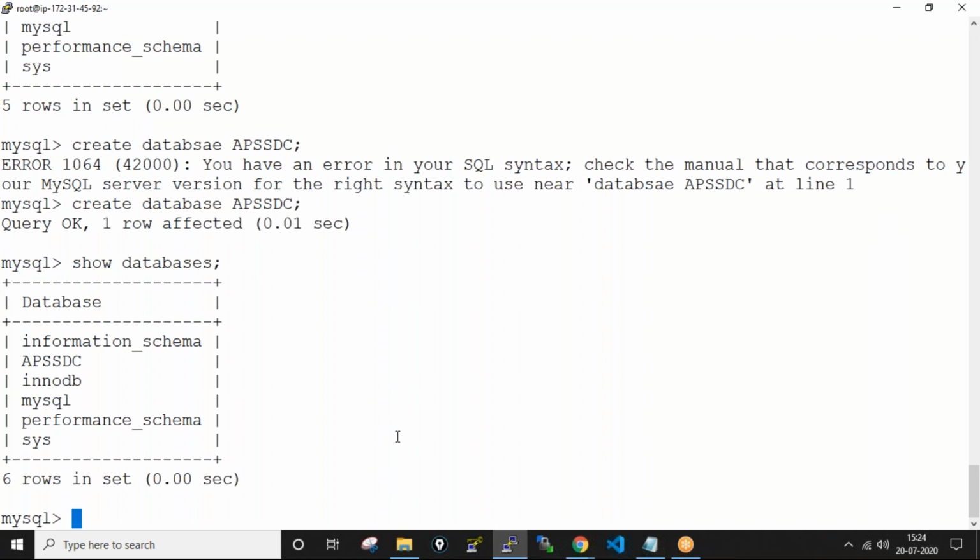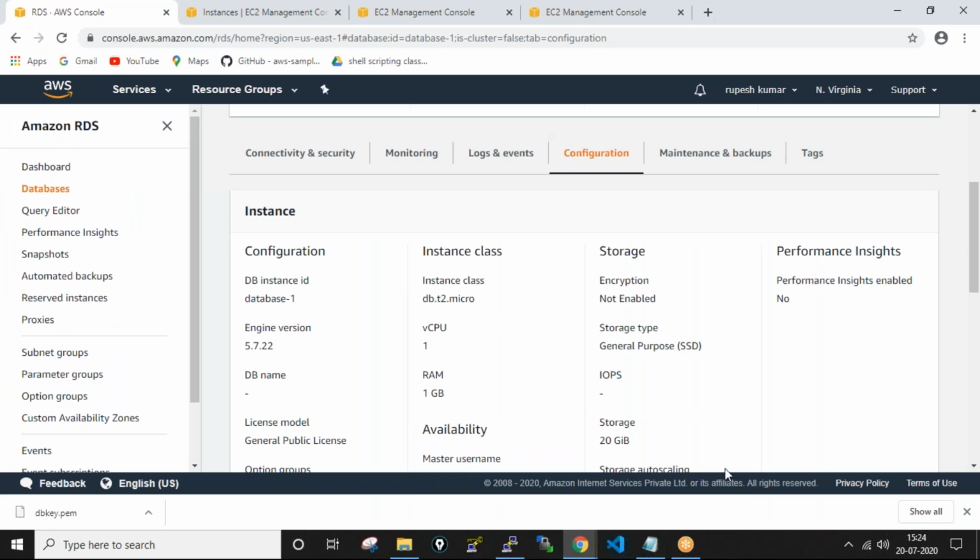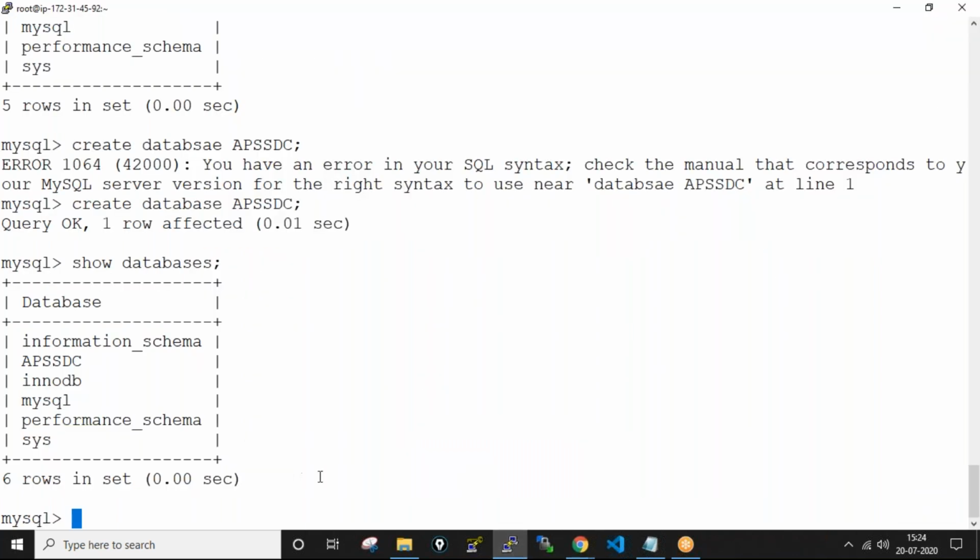Okay, so let me do those commands also. I'm going with Google. So let us create one database table. Now we need to use this database. We have created the APSSDC database and we need to use that database.